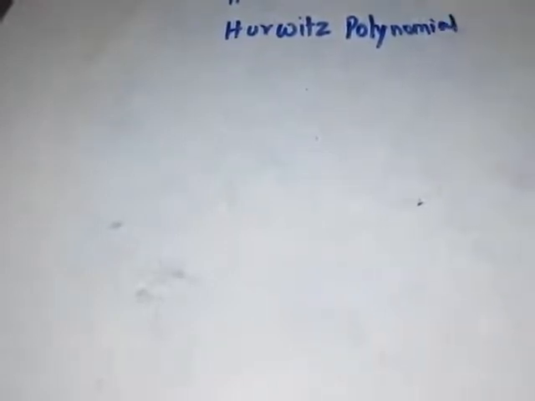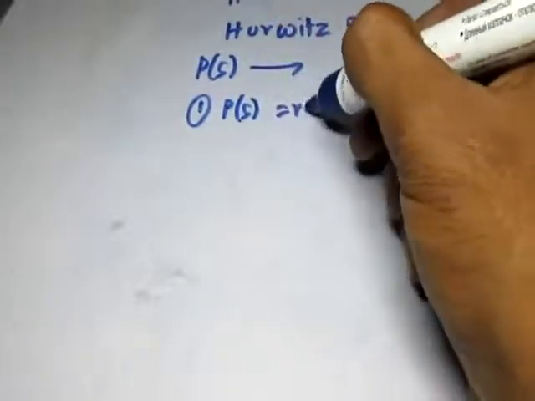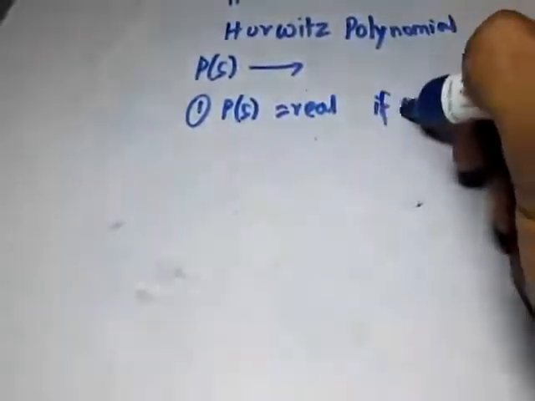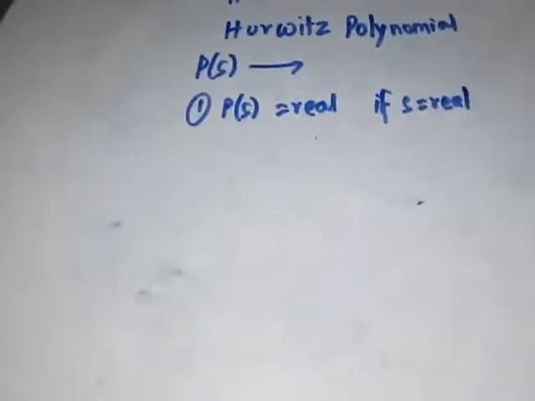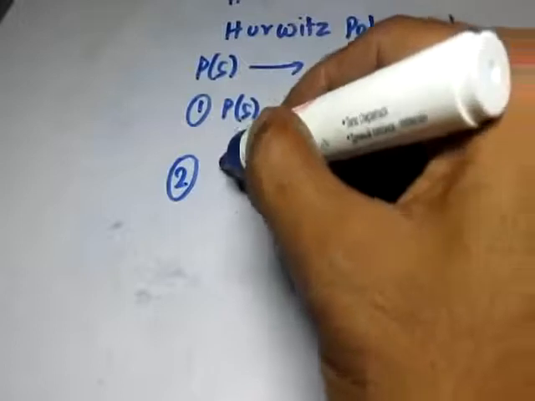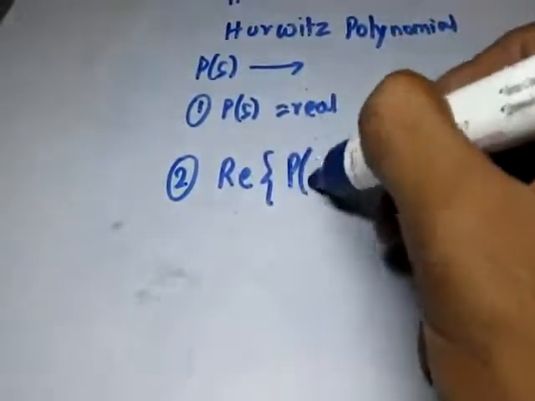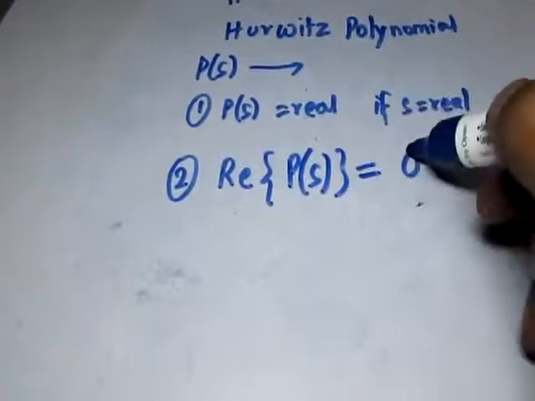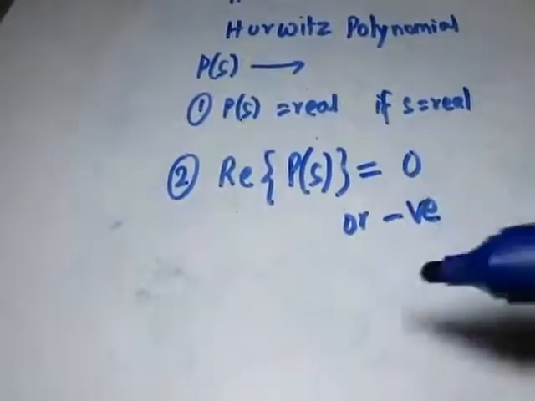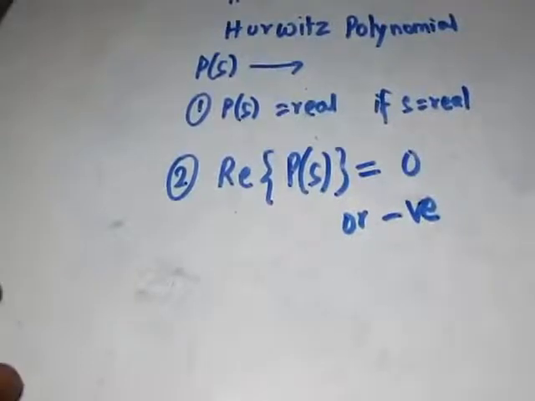Today we will discuss Hurwitz polynomial. Now, if P(s) is a Hurwitz polynomial, then 1, P(s) is real if s is real, and 2, the real part of P(s) is 0 or negative. So, if we draw a number plane